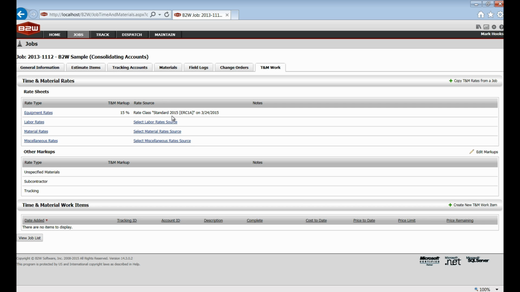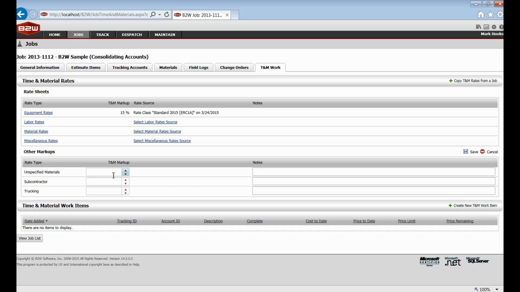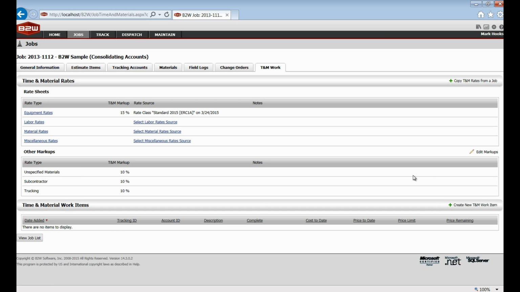Now I would continue to do that for labor, materials, and miscellaneous cost. For things like subcontractors and trucking, I click Edit Markup and just apply the markup 10% here, 10% here, 10% here, and click Save. To create the time and material work item, I click Create New T&M Work Item here,